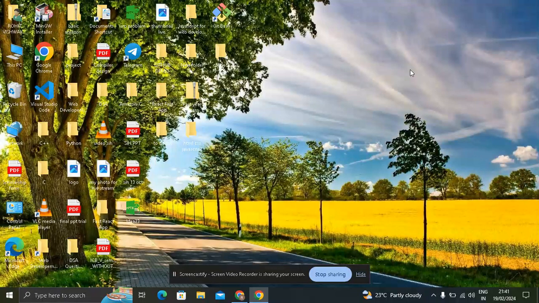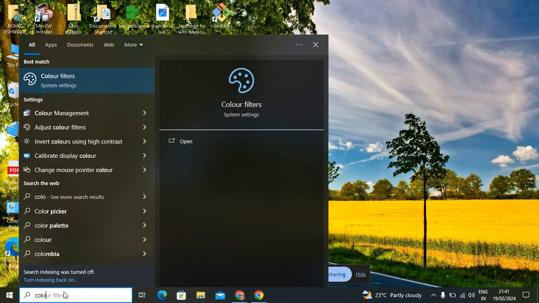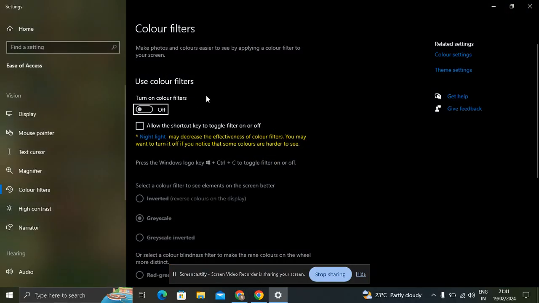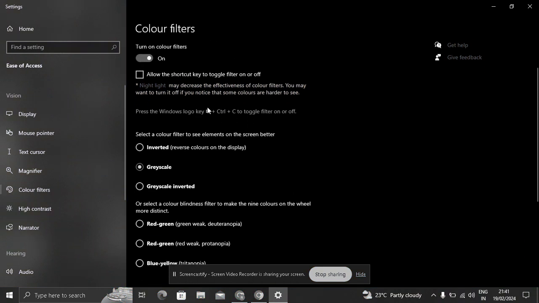So in this video I am going to tell you how you can convert your colorful screen into grayscale. So let me show you. Just go here and type color filter. You have to just click on use color filters, so on it, and then you can see here there